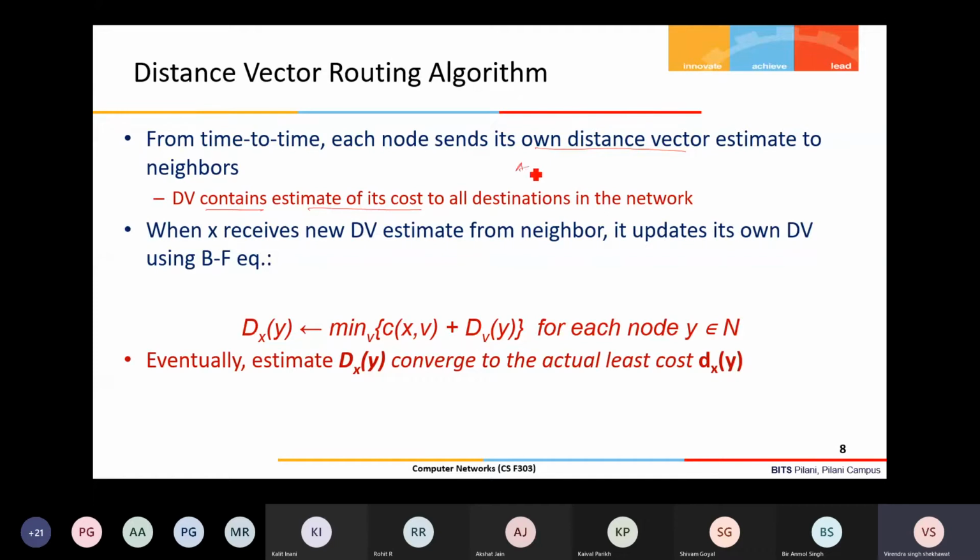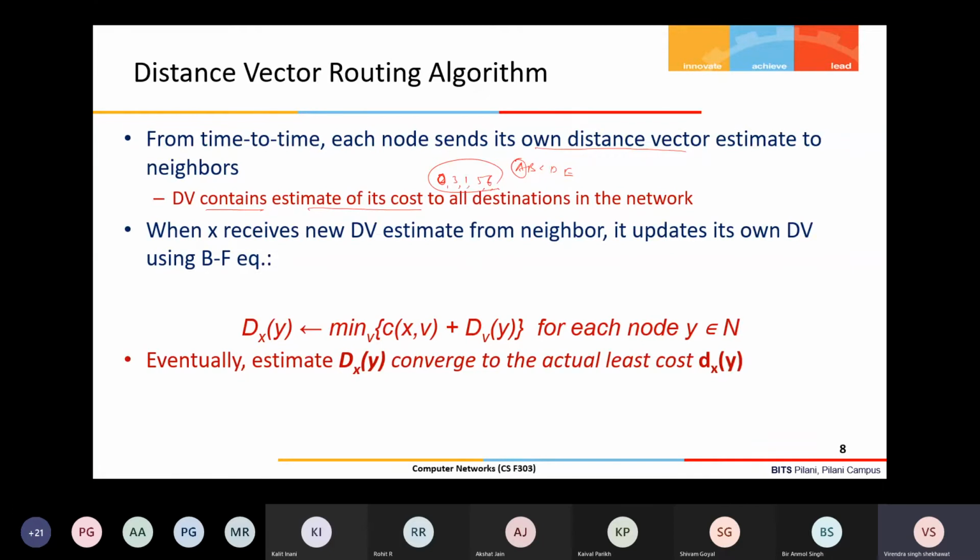Suppose there are 5 nodes in the network, A, B, C, D, E, and A is a neighbor of B. So what I will send is a distance vector of 5 values, right? So 0, 3, 1, 5, 6, something like that. Basically this is the cost from, let us say, A to A, from me to me, which usually is 0 because from me to me the cost is 0. Then for B it is 3, for C it is 1, for D it is 5, and for E it equals 6.